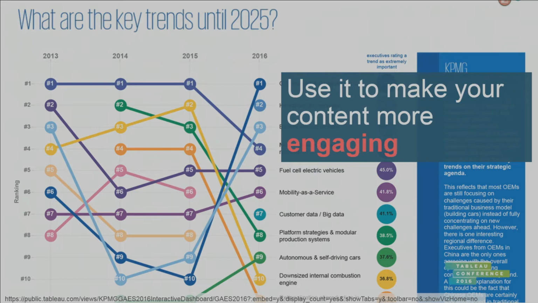And they've seen a huge uplift in the number of people reading, downloading, and going all the way through this visualization. They're estimating that by the amount of time they spend on the website. So you can use Tableau Public as a brilliant way to make your existing content more engaging. And we'll see in a little bit later what some of that existing content may be. Because I know not everybody here works for a big company like KPMG. So some people might think, but hey, we don't have content like this. Hopefully in a little bit, I'll show you that you probably do.